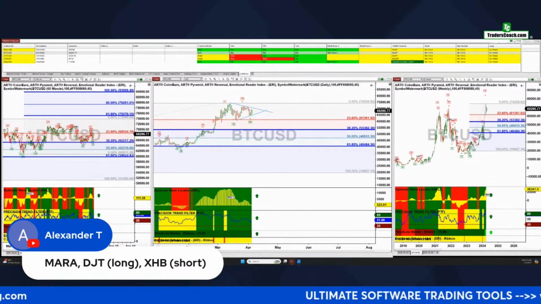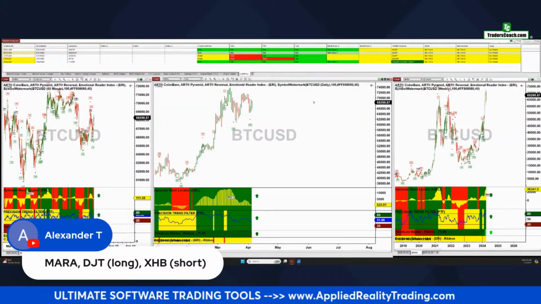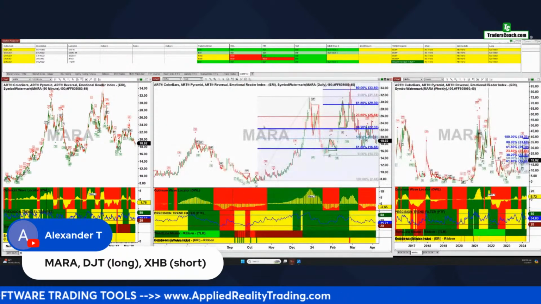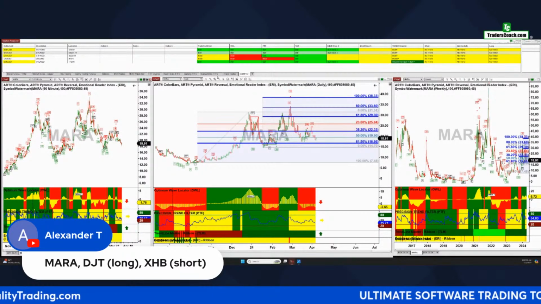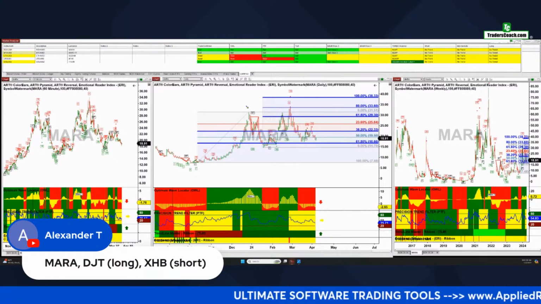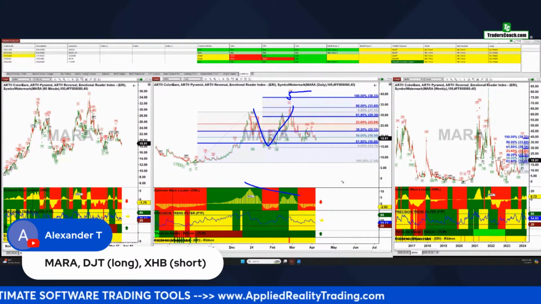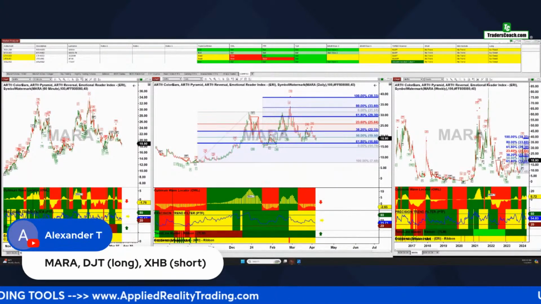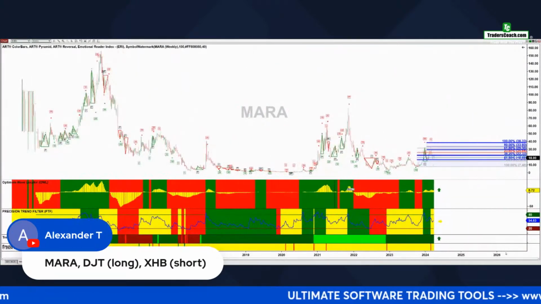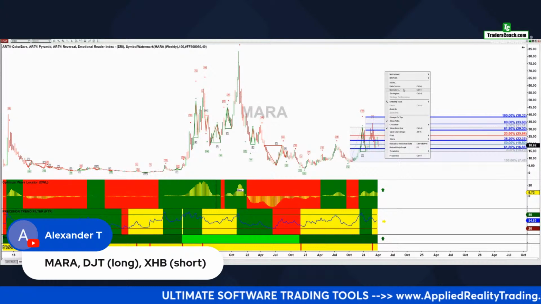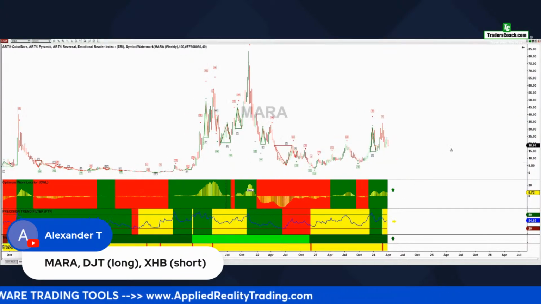All right, let's keep going. What do we got here? We got Mara. I know we've looked at that one many, many times. Let's take a look and see what's cooking on this bad boy. So Mara is one of these where we had bearish divergence, meaning the trend was over. Boom. There's wave 5, over. And this is a great one because I think it will answer Frank's question. What do we do with this? Let's remove this stuff because it's already hit our short-term target.